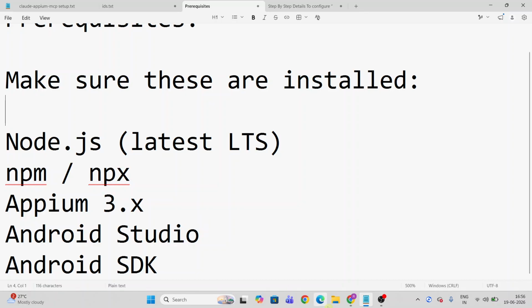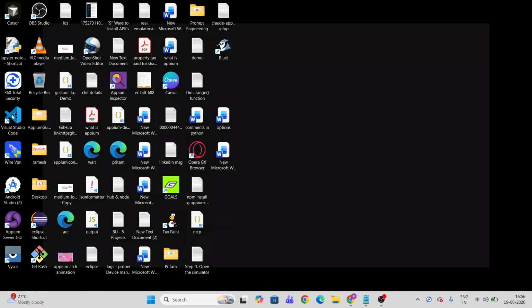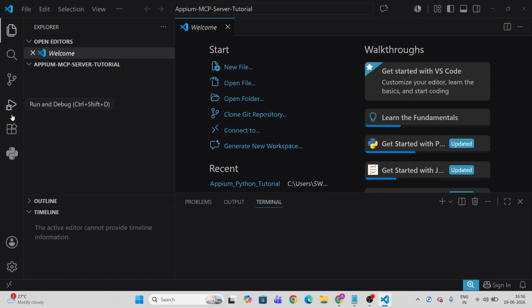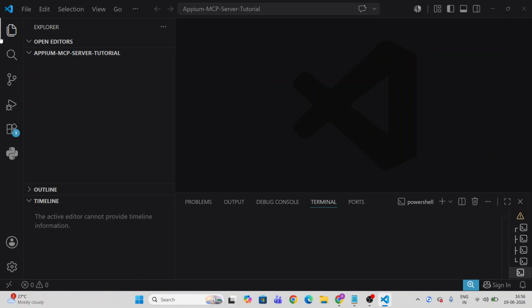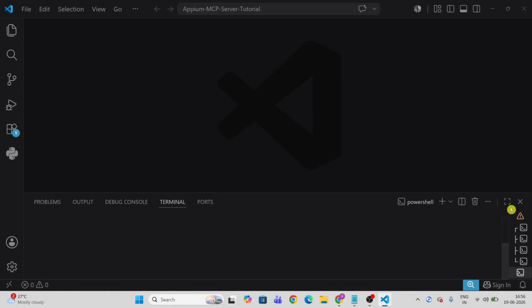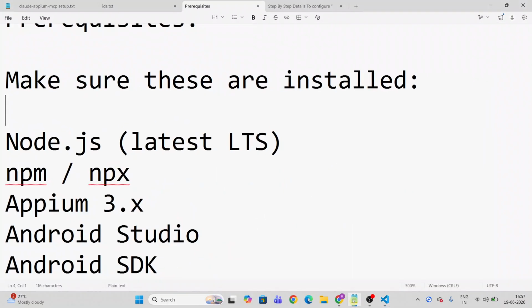Now we start by opening VS Code. In VS Code, I created a project, APM MCP server tutorial. Let's close this one and maximize the terminal. Yeah, terminal. Now, the first step is